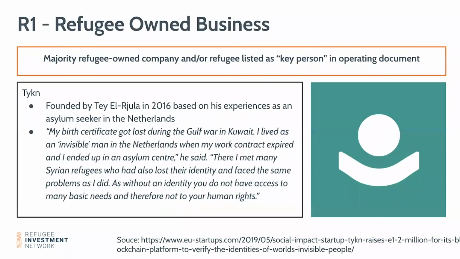And as John noted, R1 investments are majority refugee-owned companies and/or refugee listed as key person organizations in their operating documents. And this organization is really an interesting one. It was founded by Teo Ruja in 2016 and is very much focused on identities. And Tay was a displaced person who found himself in the Netherlands without an identity. And I won't read this to you or the longer version of this on the website, but it's really quite compelling and a good example of a refugee-owned business